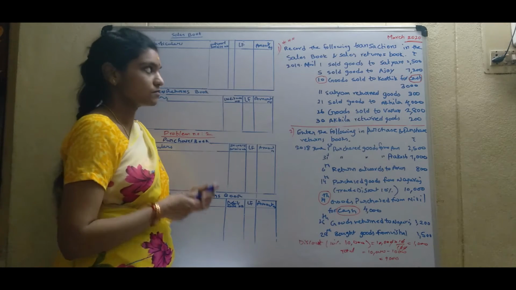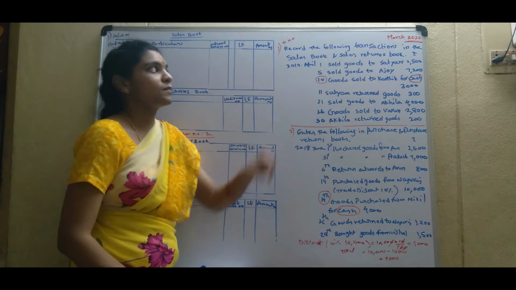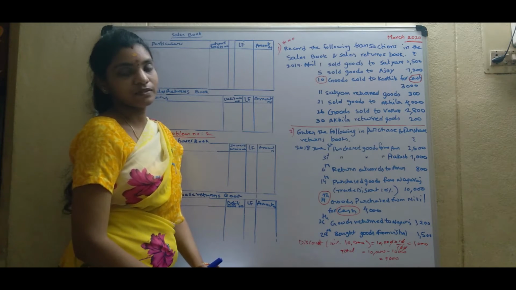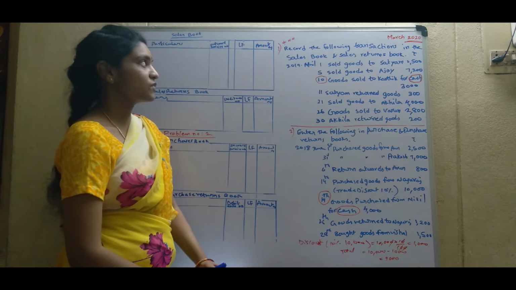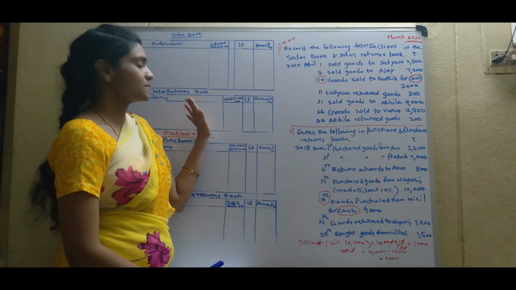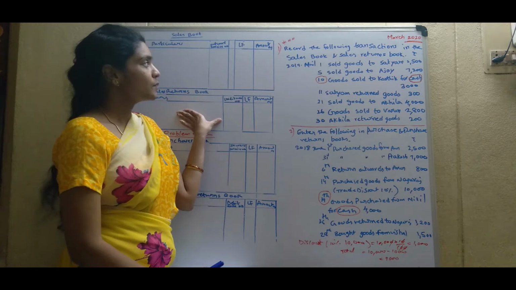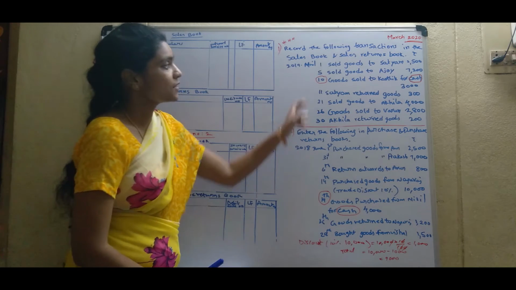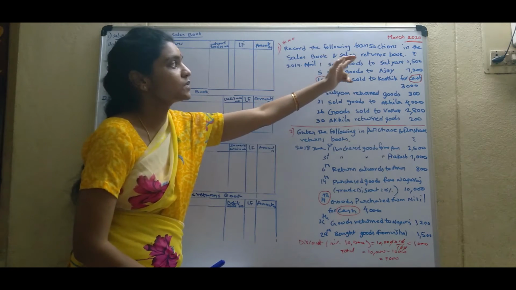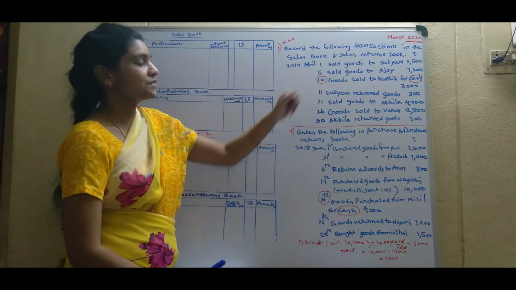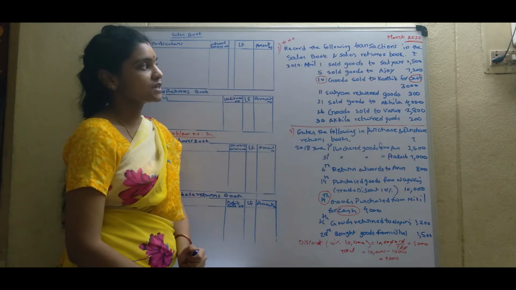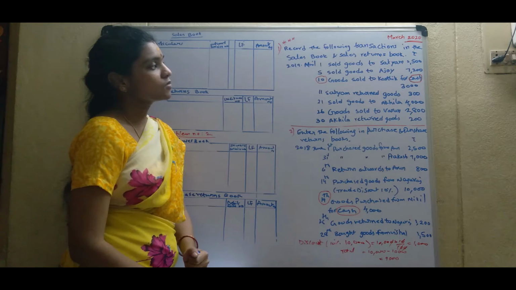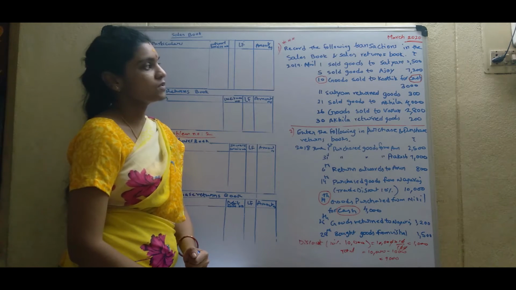This is an important problem given in the March 2020 final exams. Okay, listen carefully. Just remind the pro forma. Record the following transactions in the sales book and sales returns book. What are the entries? Sold goods to Sachem, it means credit sales. We can take it. Sold goods to Ajay, it is also credit sales. We can take it into